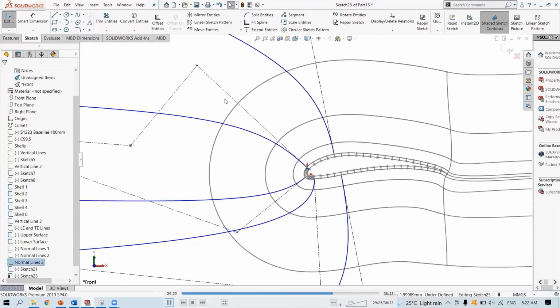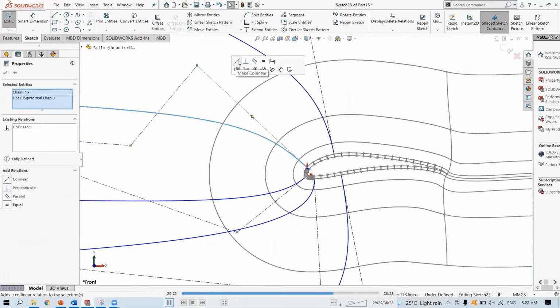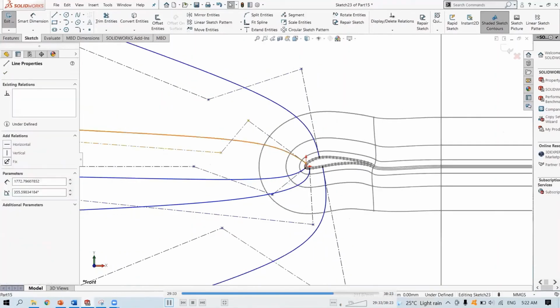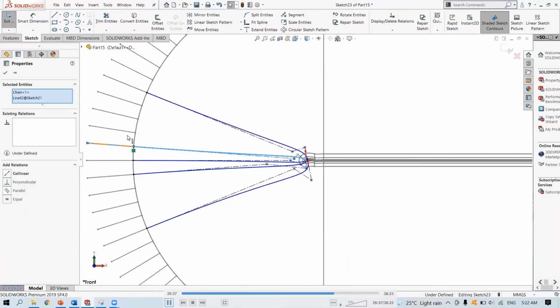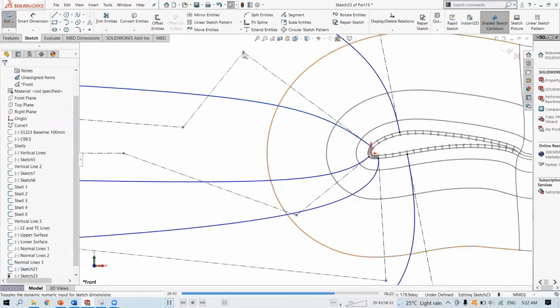Normal line. Linear with this one. And this one linear with the outer part. Okay. Need to adjust this one as well.